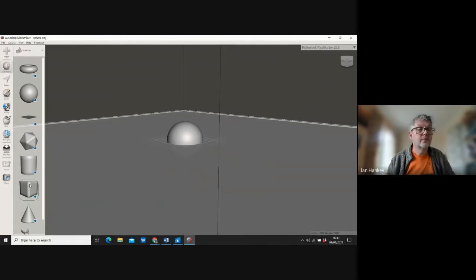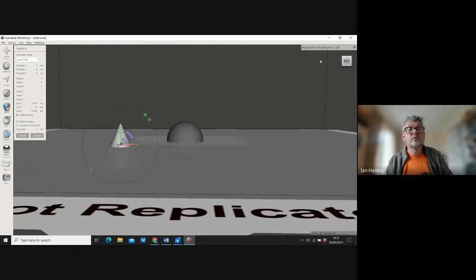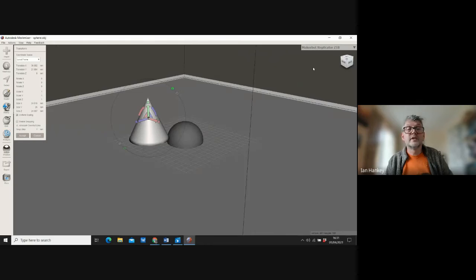So I'm just going to go for the cone, let's say. I'm not sure if I have to drag that on. It looks like it. Yeah, I have to drag it on in positioning. And now we do exactly the same as we did before. I'm going to lift up, I'm going to move across, I'm going to move it over the sphere